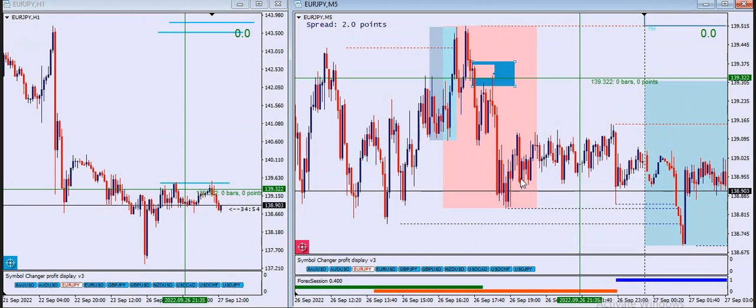You see that. Then this was another setup related to this that happened during the New York session. On the New York session, I usually would trade continuation, but this is not a continuation setup. I see price grab liquidity on the 1 hour time frame here, then on the 5 minutes time frame,